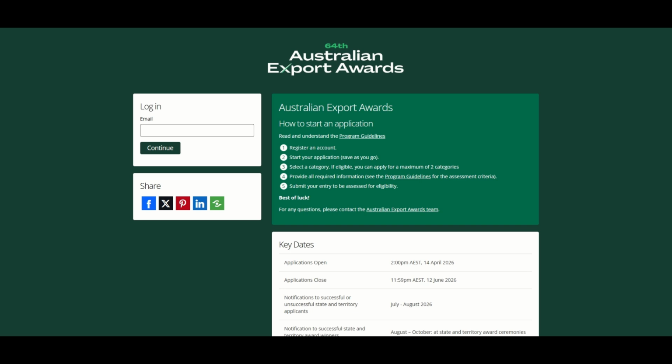This video demonstrates the Australian Export Awards application portal, managed by the Australian Trade and Investment Commission. It reflects our Australian nation brand colours. Please note that each state and territory portal has their own branding, so you will see different colours when accessing a state-based portal. In the green box in the middle, there is information on how to start an application and,